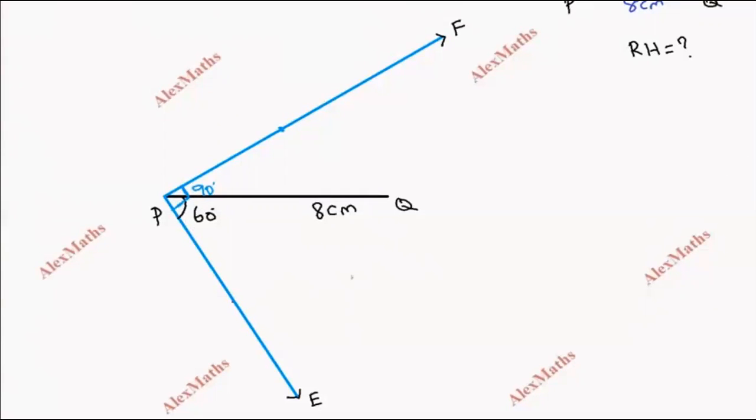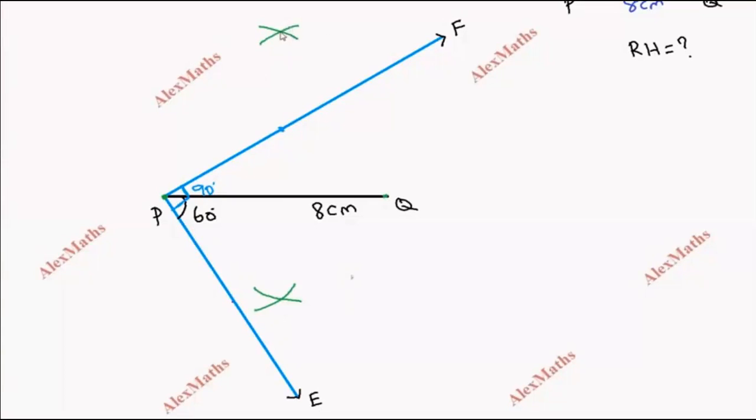Now what we are going to do is we have to draw the perpendicular bisector of the line PQ. For that, you have to take the radius more than half of PQ. So the length of PQ is 8 centimeter. So half of 8 is 4. So now we can take 4.2 centimeter, okay? With P as center, above the line PQ an arc and below the line PQ, you can draw an arc. Then with Q as center with the same radius, draw another arc above and below.